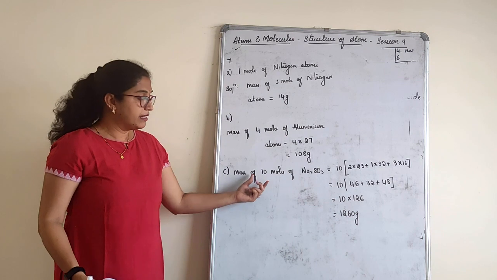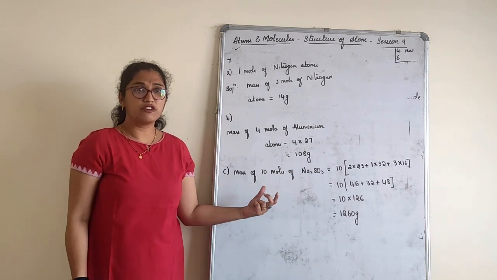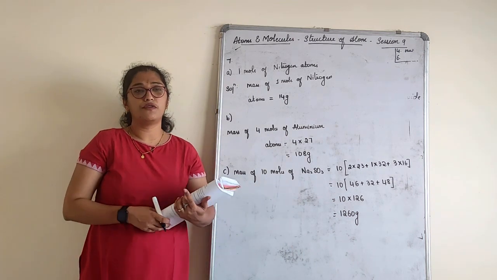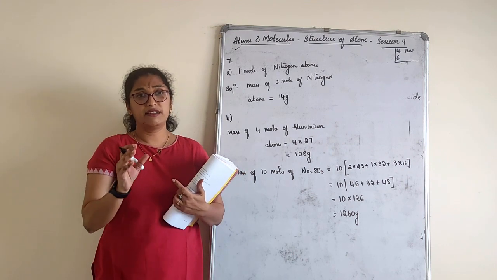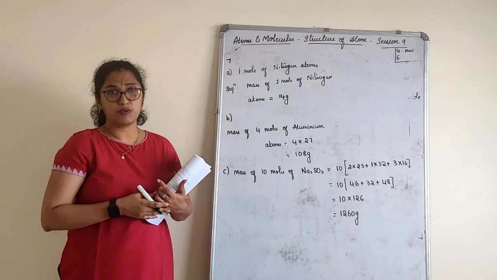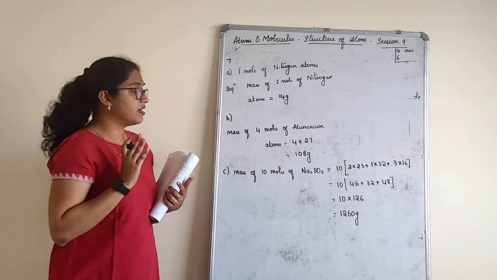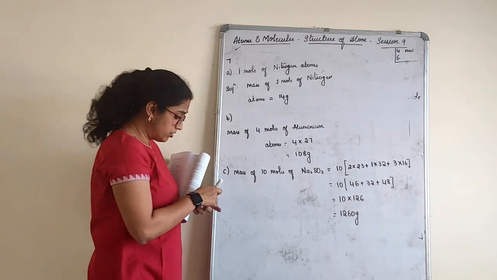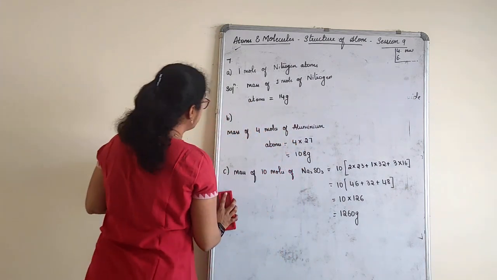If they give you to find mass of, understand the question, mass of 1 mole. What is mass of 1 mole of H2O? Nothing but 1 mole they have asked. Find the molecular mass of H2O, 18 grams, what you get. That's the answer. That is how you have to find it. Very clear on this? We'll move to the next one.